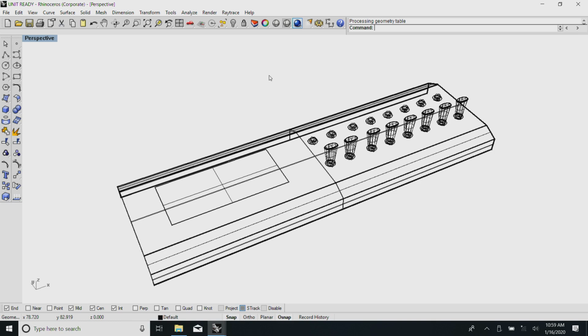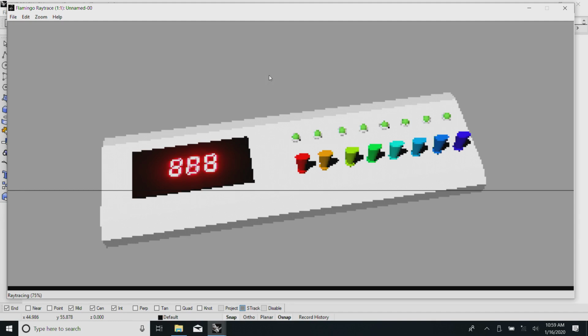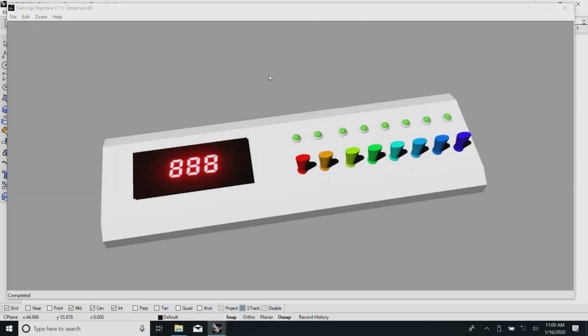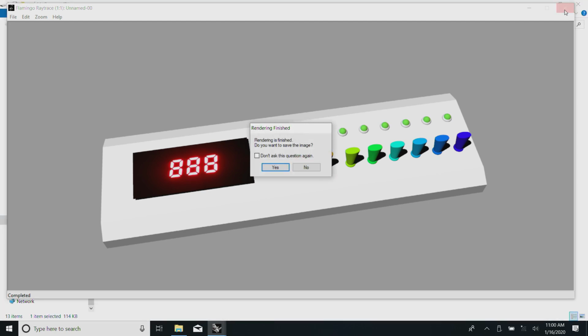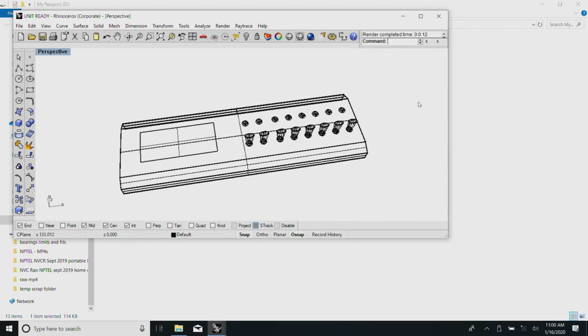It is trying to render, because in this case you have two options. One option is you can now directly mount it as part of a rack, or you can make an equipment which can have other means of existence. One of them is it can be part of another equipment, and in this case just as an experiment I showed you a few switches, a few LEDs and a display here. Now, the next question is, if I want to create any of these detailing, it will be useful for me for quite some time.